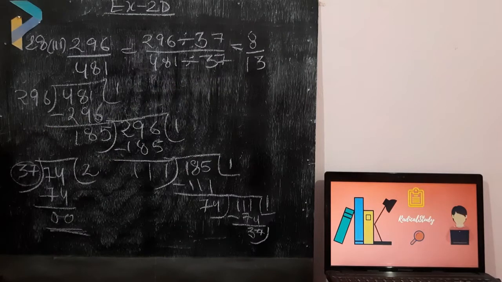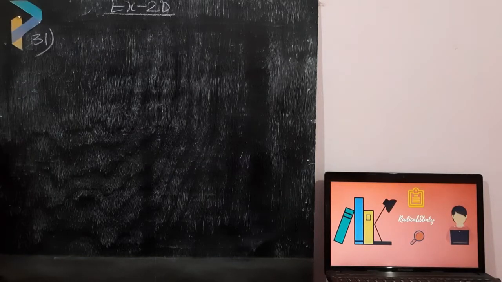Now I am going to explain you the next question, that is question number 31. So please pay attention students. So students, the next question which I am going to solve is question number 31. Firstly, I will read the question for you. There are 527 apples, 646 pears and 748 oranges. These are to be arranged in the box containing the same number of fruits. Now find the greatest number of fruits possible in a heap and how many heaps are formed.